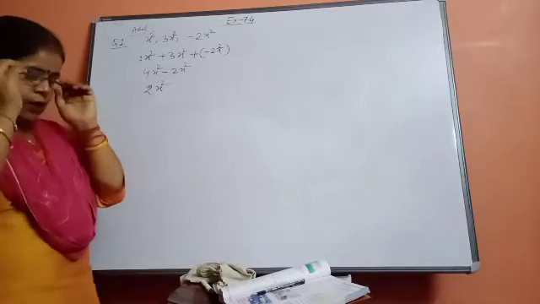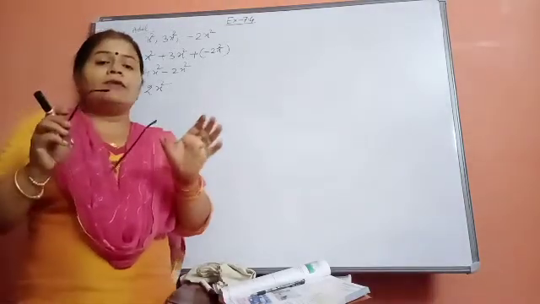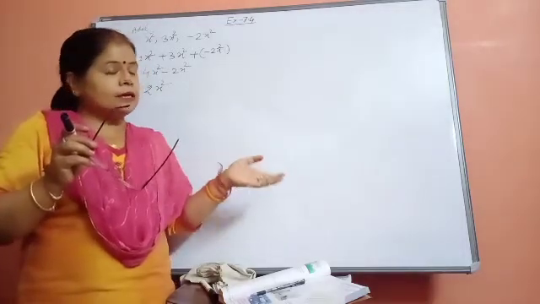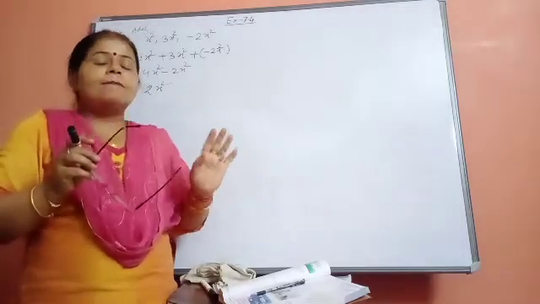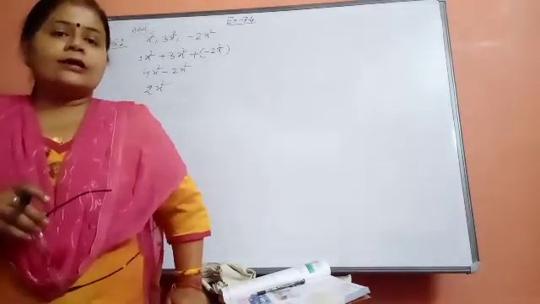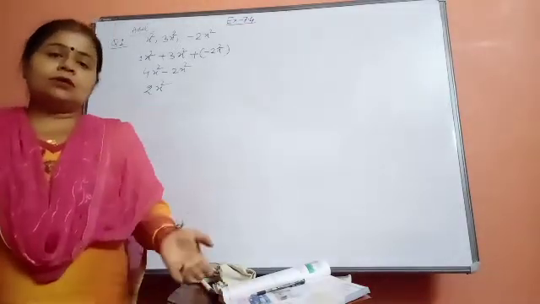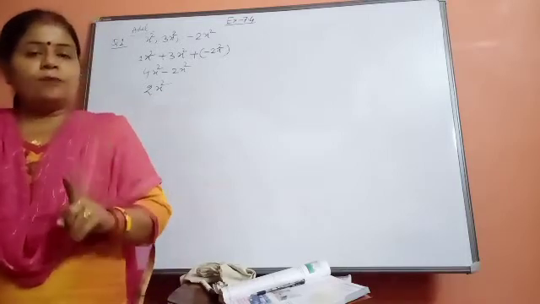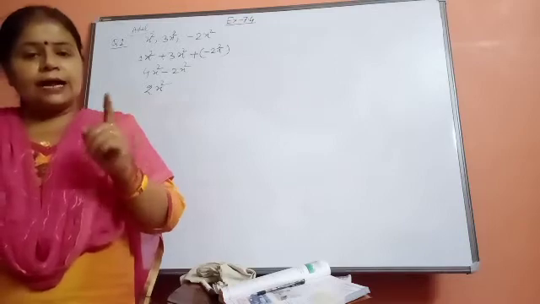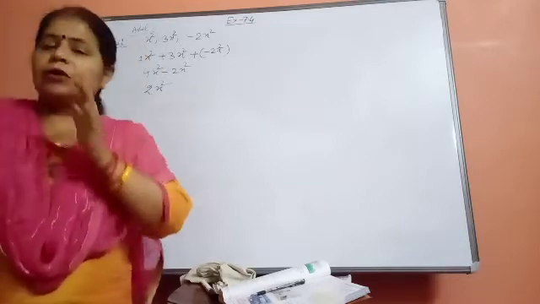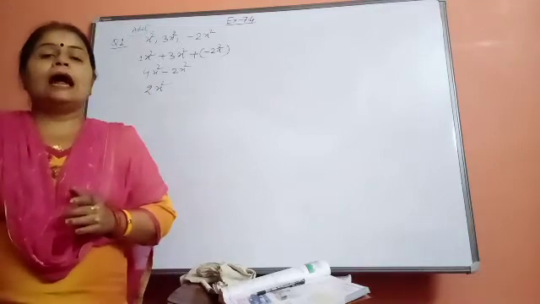But when children make mistakes, they are always not checking whether the terms can be added or not. Here it is given to add, so it is correct. But sometimes, when the question comes in your exam time, they add the terms which cannot be added also. You have to find whether these are like terms or not. If these terms are like terms, then only those can be added, beta.